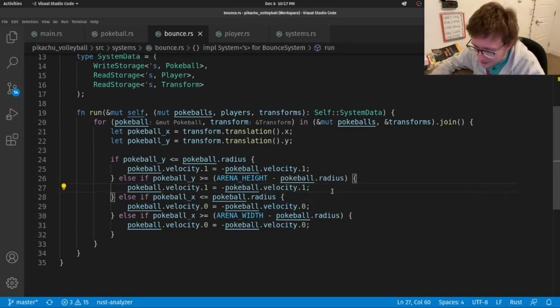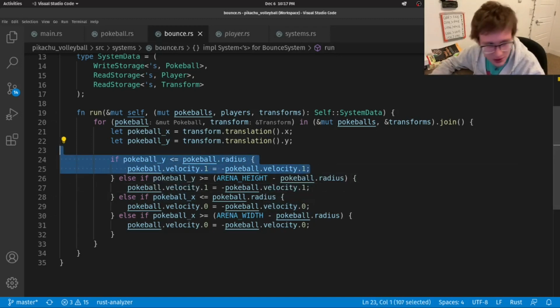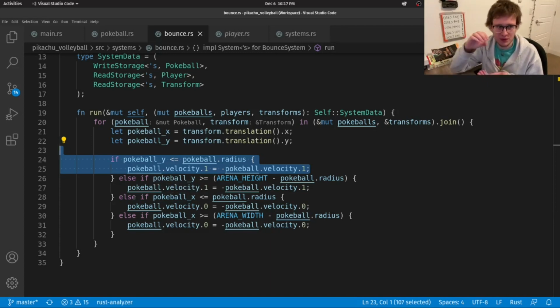But anyway, in here, the first one, so this first condition is the floor. So in the floor, y is 0. So if our Pokeball reaches the ball radius, that's when we tell it that that's as far as you can go.